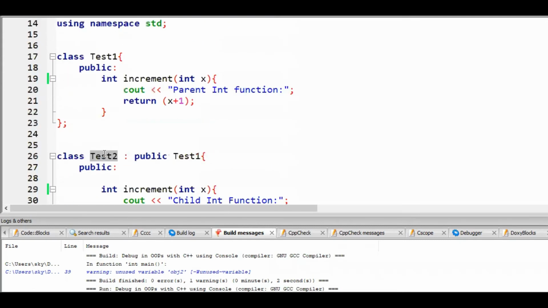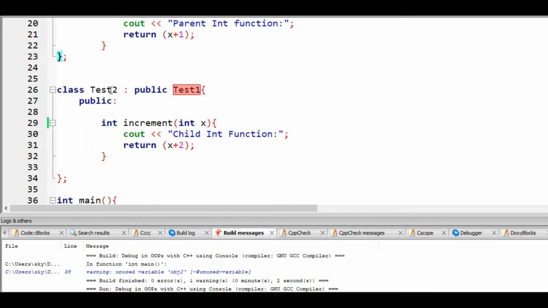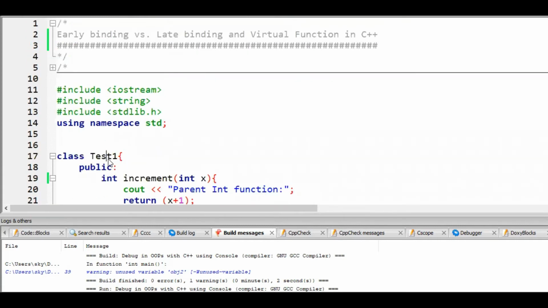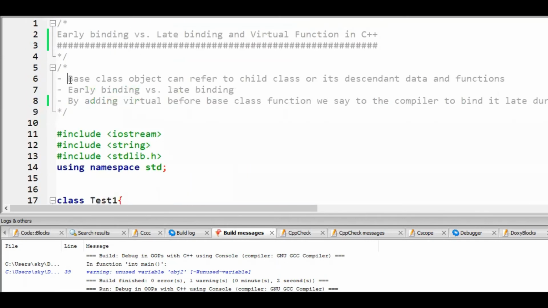A base class pointer can refer to or access the child or descendant functions. This is possible by using a base class reference. I think I have written something over here: a base class object can refer to child class or its descendant data and functions.